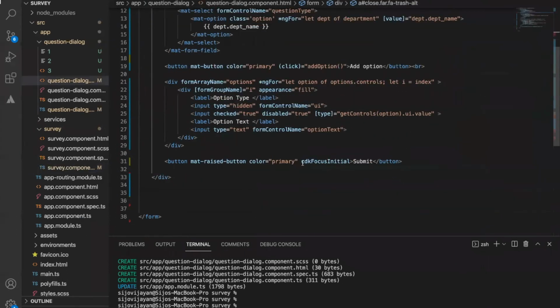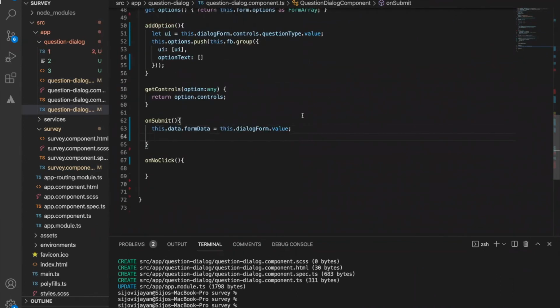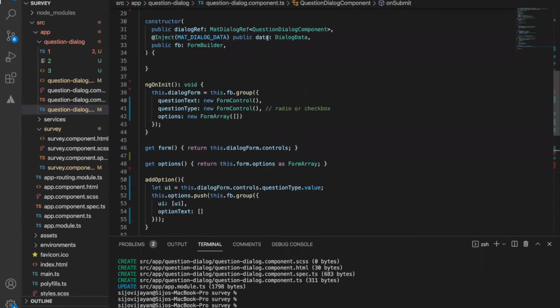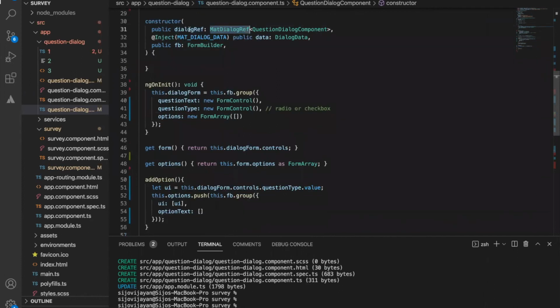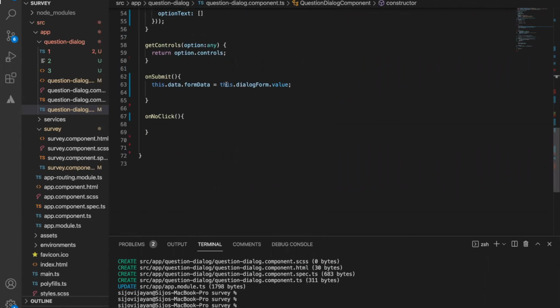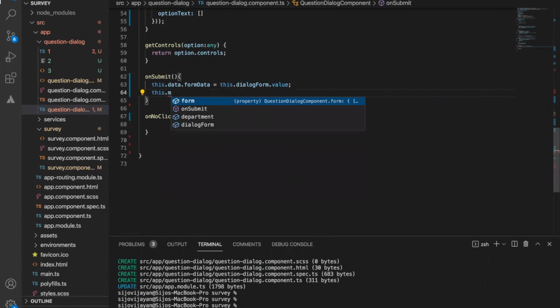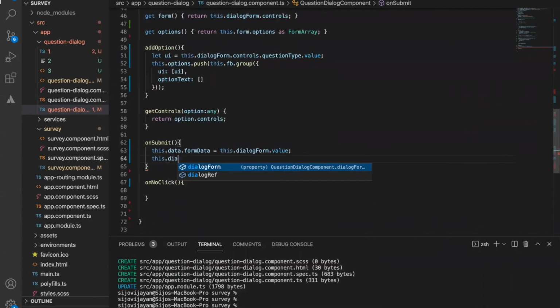So we need to close this dialog, right? So for that, probably on the submit action. Let's do one thing. We can see that we have already defined something here, like the dialog reference, the math dialog reference. So using this variable, we can close it. So we can do like this dot math dialog. Oh, it's not math dialog. It's dialog reference.